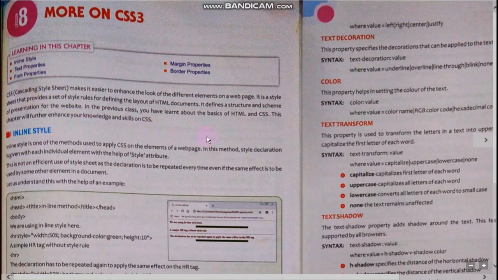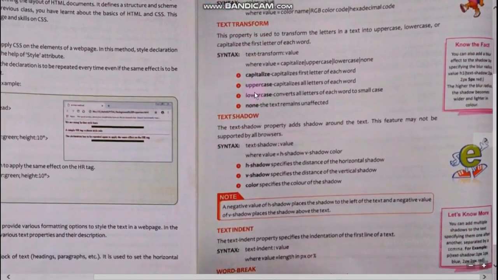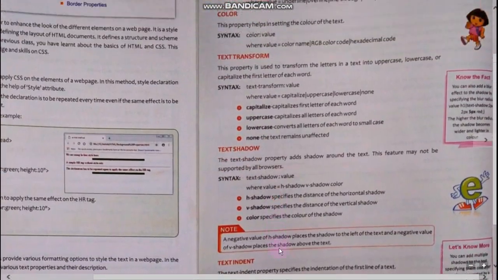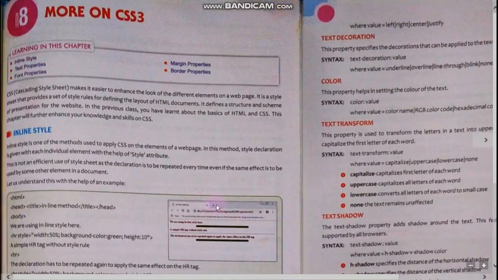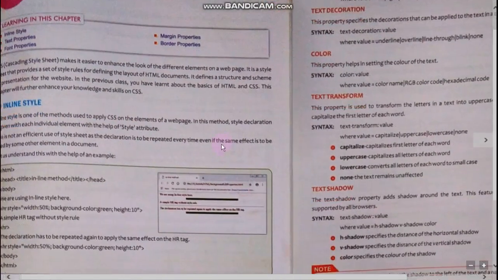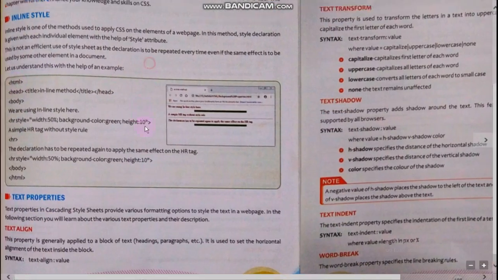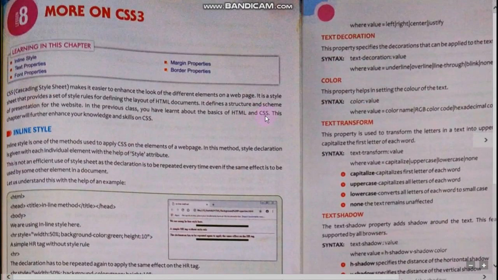Now in this chapter we are going to learn about various different styles known as inline styles, and we will make all these style changes in our HTML document.